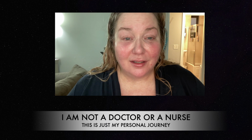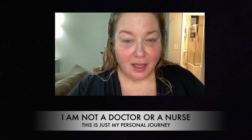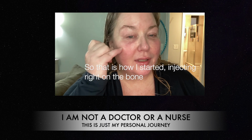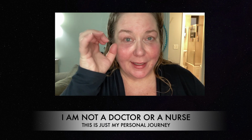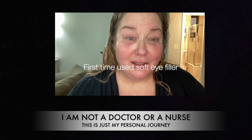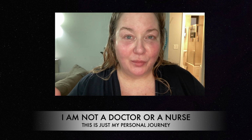So I did another thing, which is also stupid, but much less intensive and scary. It's just go in there and try to hit the bone, like I would here on the cheeks. And then don't move, aspirate. If it's okay, inject a little, inject a little. And so I did. And I used a soft filler because it's generally said to be better for the